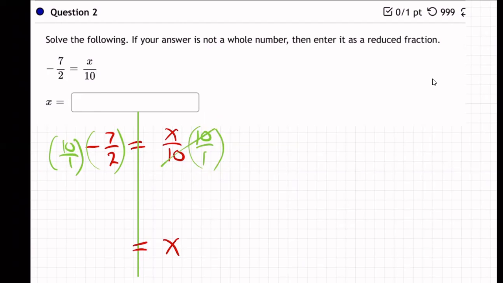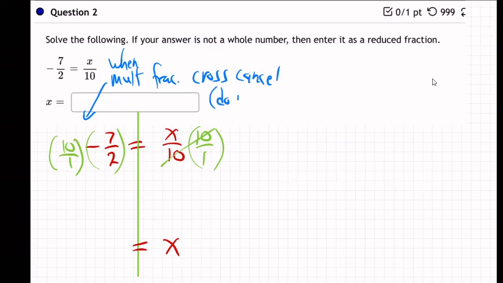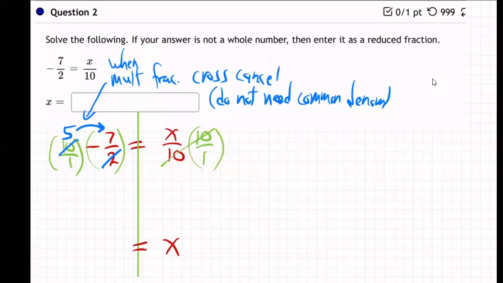So remember, whenever you multiply fractions, you cross cancel. And you do not need a common denominator, do you? So 2 goes into 10 5 times, right? Cross cancel, and then multiply whatever's left over. 5 times 7, what's that? 35 over 1 times, so it's negative 2,